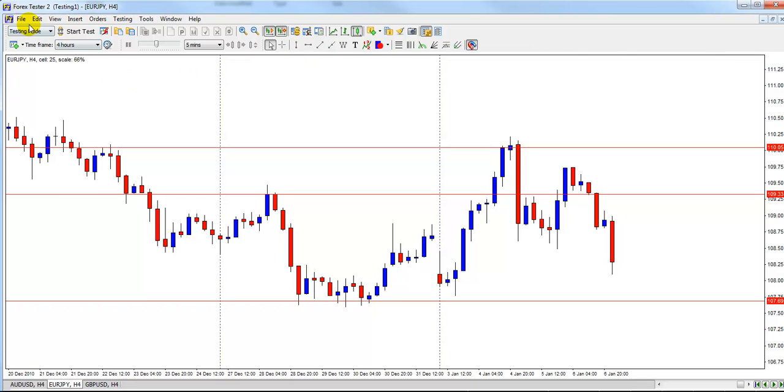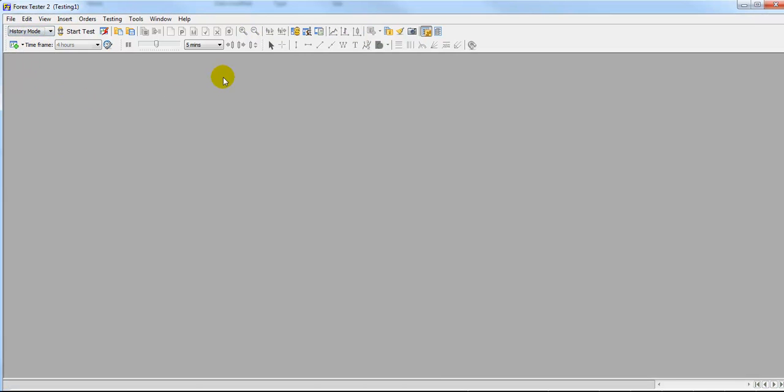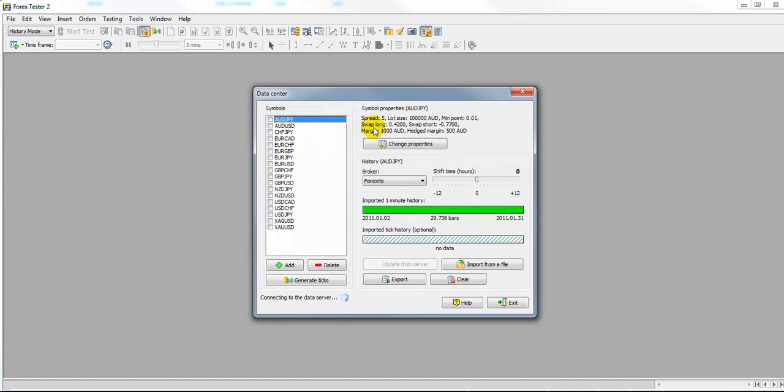Forex Tester, so you have two modes. When you launch into Forex Tester, you're in testing mode or history mode. When you're in history mode, this is when you put the data into the charts. So you'll do things like go to the data center and you'll import data from a file. You might get it from your broker or some sort of download website where a broker offers data, or you might pull them off your charts, or you might use the Forex Tester